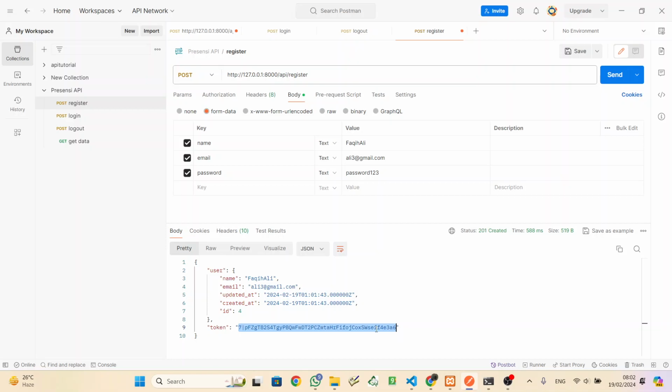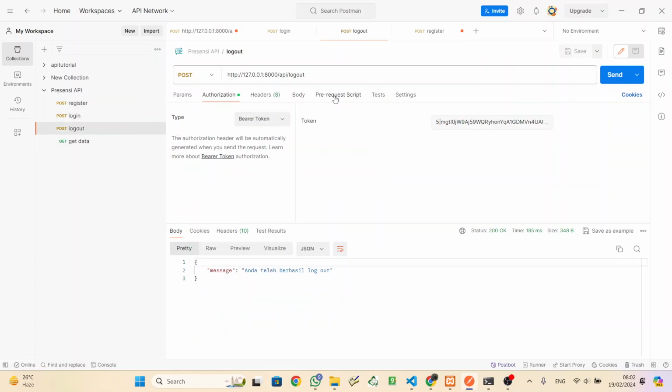to make sure that this token works, make a new request to logout. Copy this token, Control C, and then go to the logout, or make a new request here, logout.